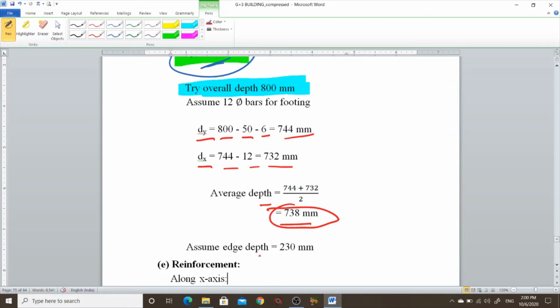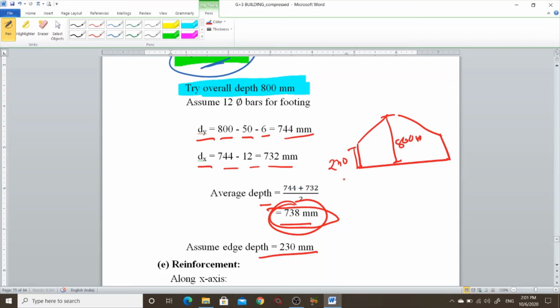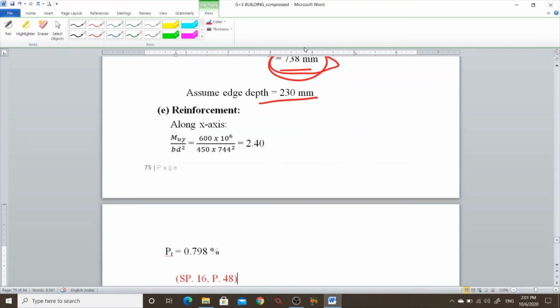Okay, right now we are going to design a sloping footing. So the edge depth of 230 mm is fixed. Here is a sloping footing, and 738 is from the 800 mm overall depth. Here is 230. Right.